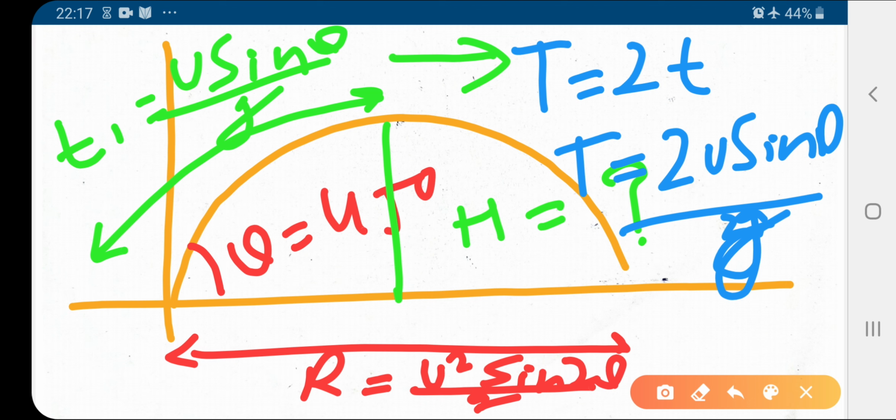So in whole we learned up to here what a projectile is, its examples, and the equation of the path followed by the projectile, that is the parabolic path. For a parabola we find the equation. First we see what the equation of a parabola is, then we check that for a projectile it is also a parabolic equation, then we find the expressions: maximum height, horizontal range, and time of ascent, descent, and time of flight. At the end we see what the angle of projection should be for maximum horizontal range. So that is all about the projectile, a very important topic for the +1 class. So thank you.